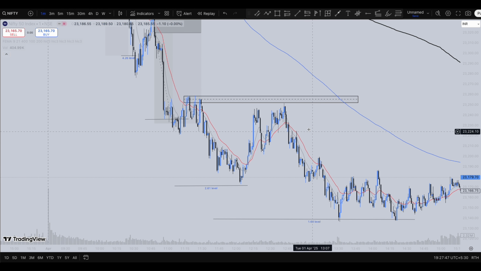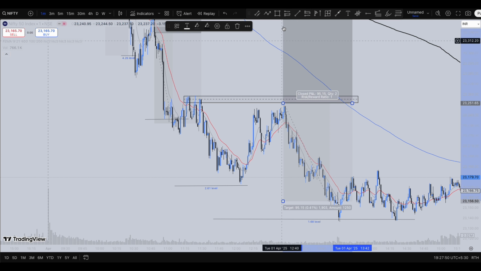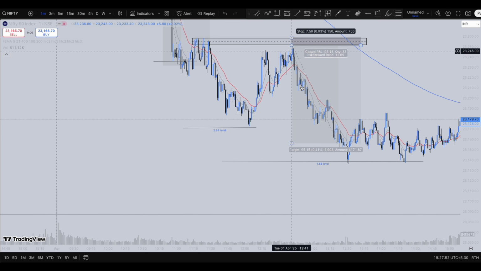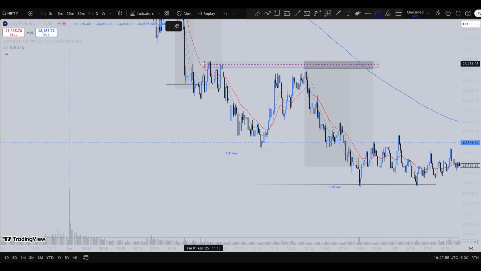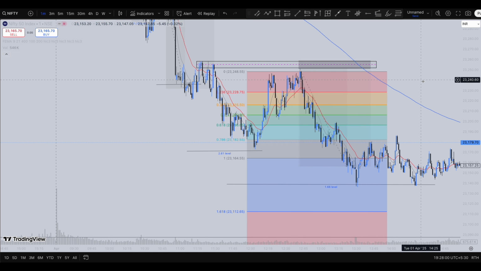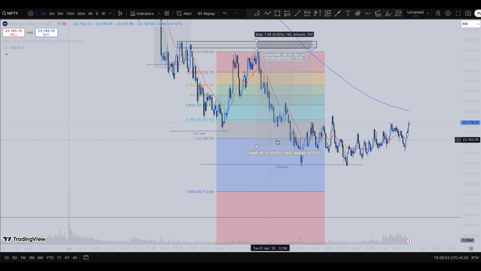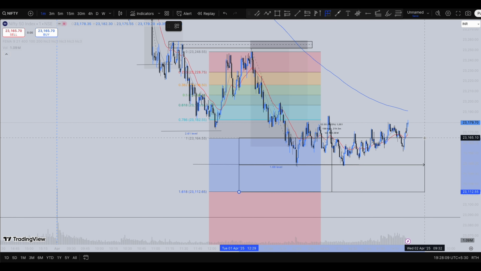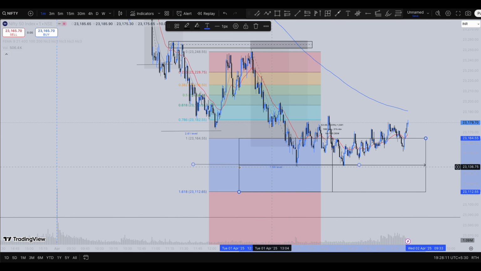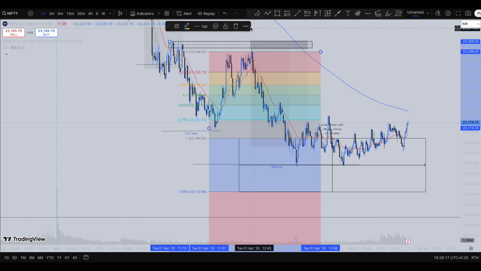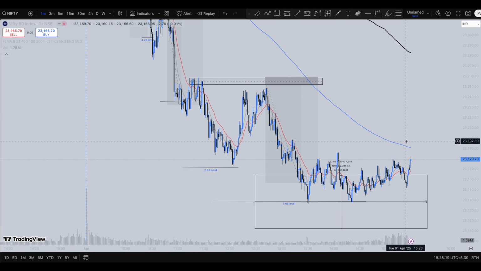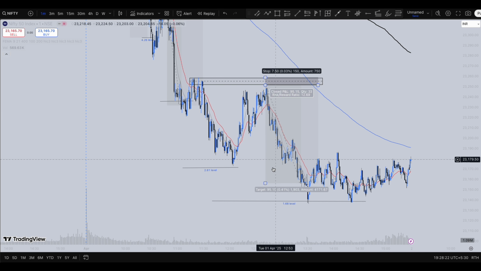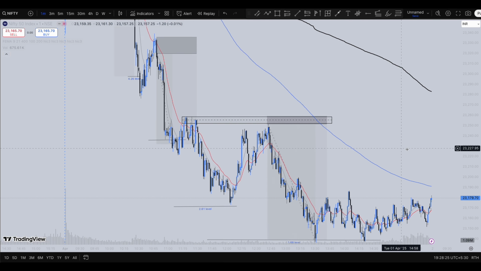You can see price touched this order block and you could have easily entered a short position, keeping your stop loss just above that candle. And if you try to plot the fib extension levels, the common point between this to the common point between this, you could have targeted the 100% move here or the midway between the 100% or the 1.68 level. You can see if you try to plot again this zone, guys, it coincides between the 1.6 to the 100% move, clearly showing some kind of support at this zone. So you could have easily targeted all the way to this zone, guys. This is where you could have easily targeted.